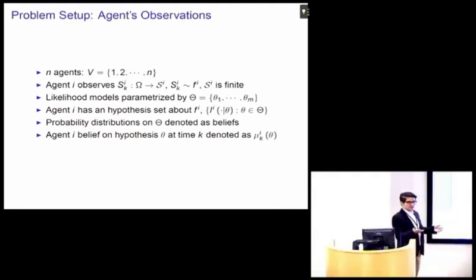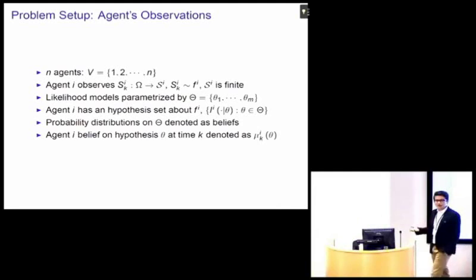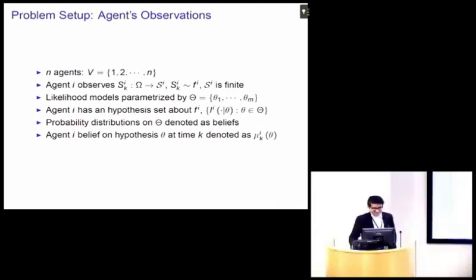Or do we believe some traffic stuff is happening or not? For the rest of the talk, I'm going to call these beliefs mu, which is how likely an agent i thinks a hypothesis theta is happening at time k. How likely this smart meter at this house thinks there is a thief of energy at this time instant. This is great. I don't have cool applications, but it matches perfectly.